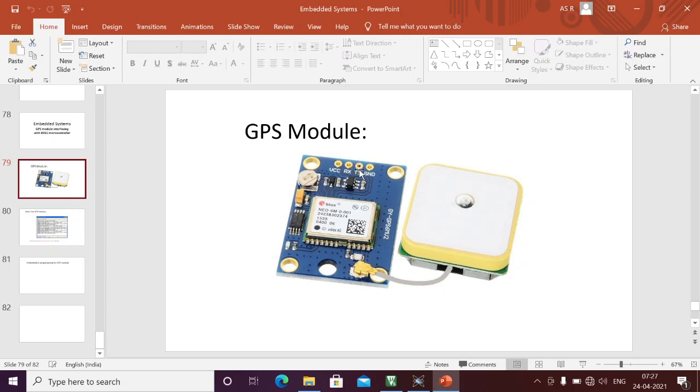Here I can directly connect this TX pin to the RX pin of our microcontroller using the TTL standard format. This GPS also works with the TTL format, and the microcontroller also works with the TTL format, Transistor-Transistor Logic. Logic 0 means 0 volts. Logic 1 means 5 volts. Our microcontroller follows the same standard, so we can connect this TX pin to the RX pin of our microcontroller. This is one way of standard communication.